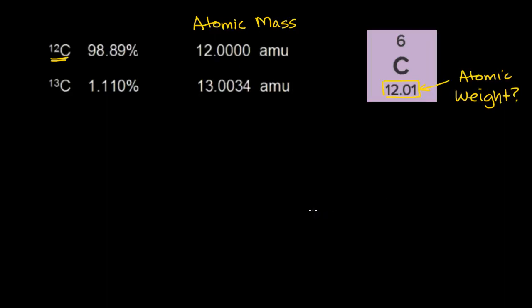Well, in the video on atomic weight and on atomic mass, we see that the atomic weight is the weighted average of the atomic masses of the various isotopes of that element. So to find this roughly 12.01, we take the weighted average of these two things. And what do we weight it by? Well, we weight it by how common that isotope actually is. So what we want to do is we could take 98.89% and multiply it by 12, and I'll rewrite this percentage as a decimal. So it'll be 0.9889 times 12, and to that we are going to add